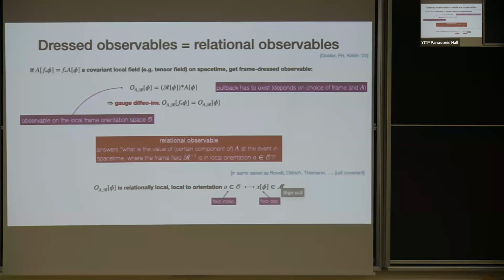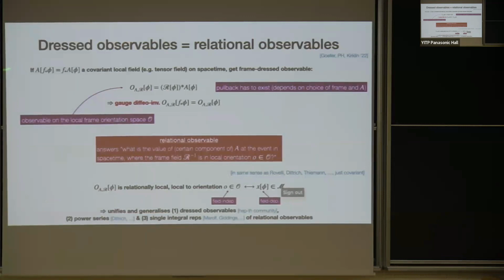Okay, and this is really a generalization of what I showed you for the scalar field example at the very beginning, in the model by Giddings and so on. So this here is something that works really generally. And this is local to this orientation O in orientation space. But since this is dynamically related to a bulk spacetime point, you can also say that this observable is local relative to a dynamically defined event in spacetime. I don't have time to discuss that any further.